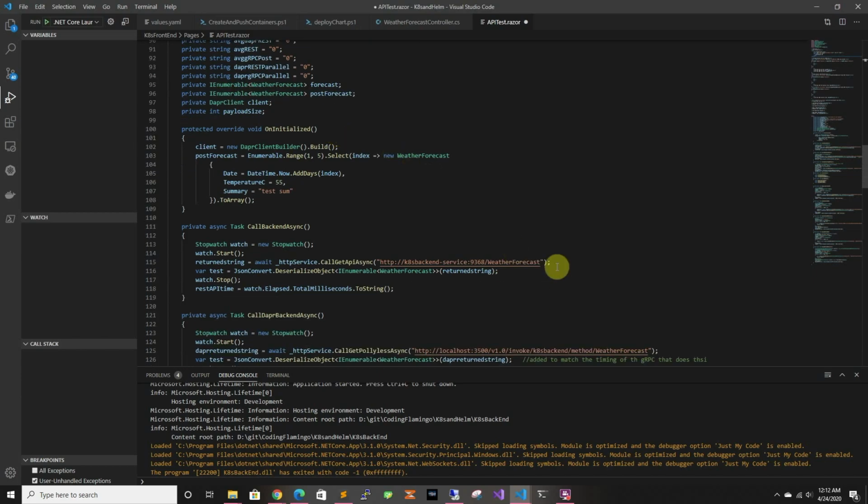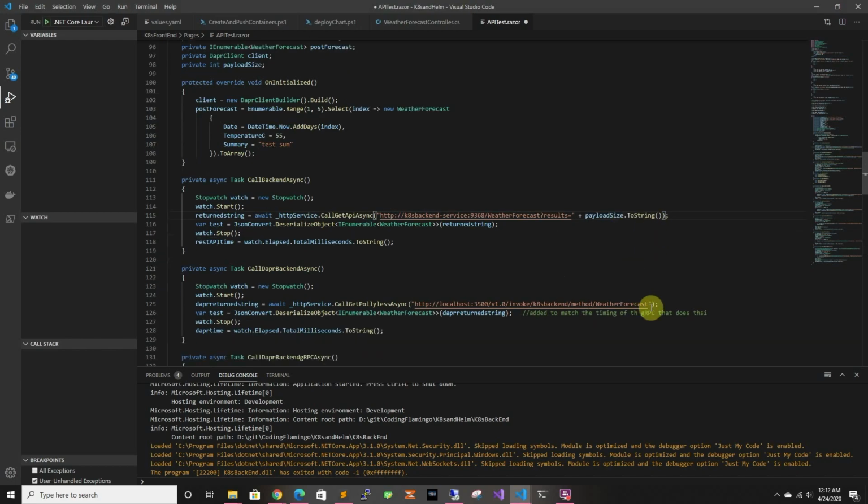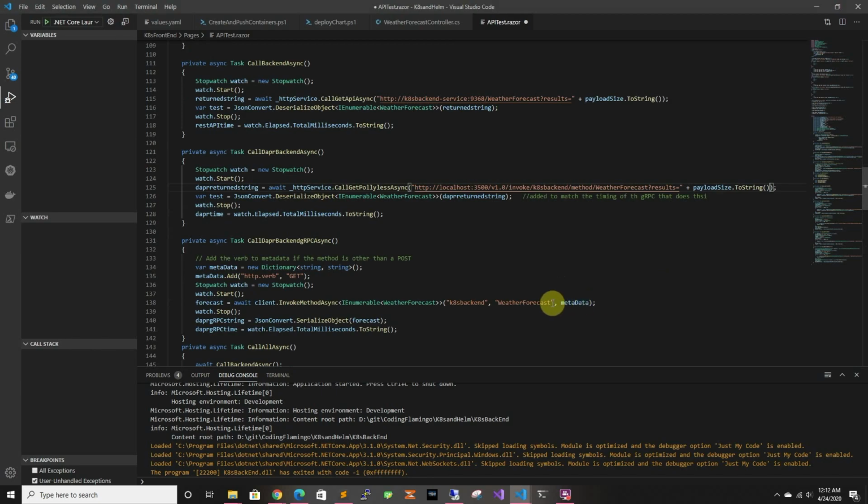So now we have to pass that to our get method. And to do that, we have to change this, and we're just passing results equals and then payload size to string. We're going to do that for the 3. And this is for